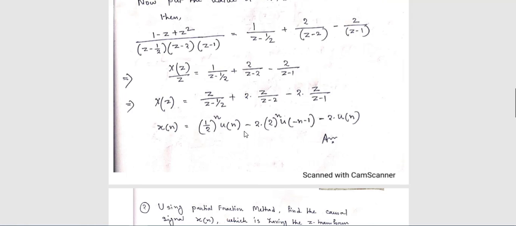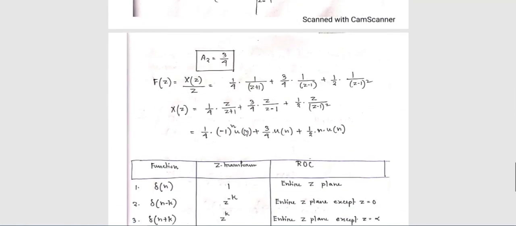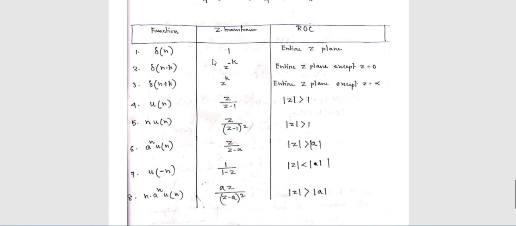Now for this I will show you a chart. Okay, remember this chart. Here you have some functions and then their z transforms. Now suppose you have the delta n function. Suppose I am asking you what is the z transform of delta n. So you have to calculate this. No, always the z transform of delta n is equal to 1. From where do you get this?